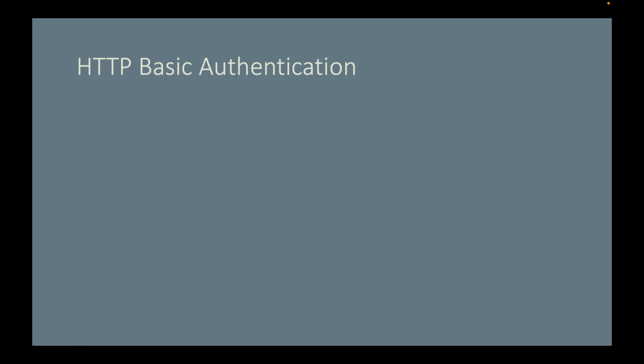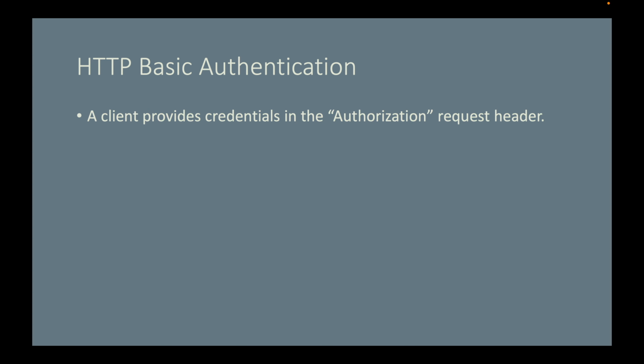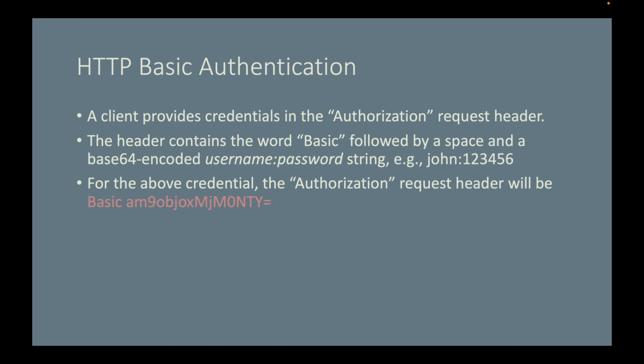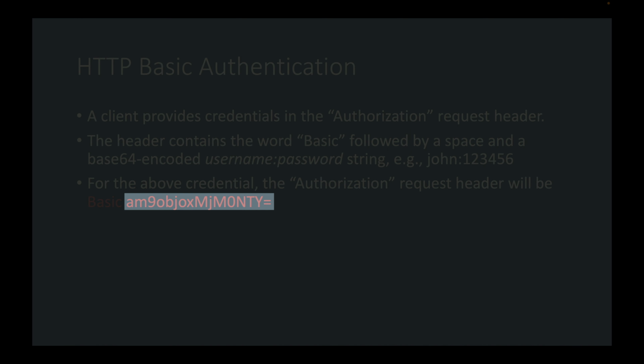When requesting a protected resource, the client sends HTTP requests with an authorization header that contains the word basic, followed by a space and a base 64 encoded username:password string. For example, John:123456. For the above credential, the authorization request header will be basic, space, and here is the base 64 encoded